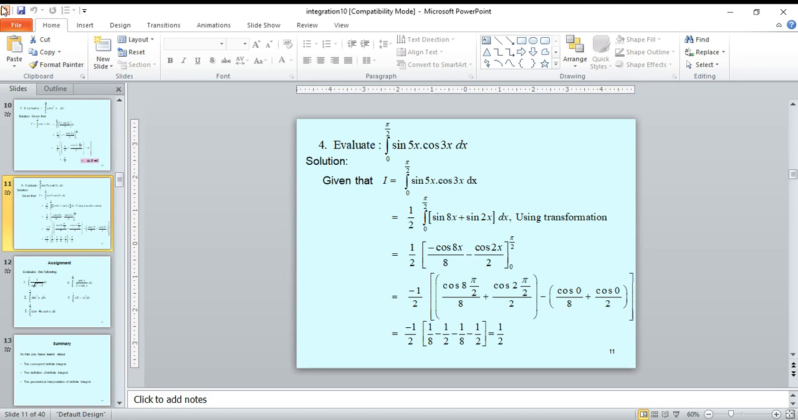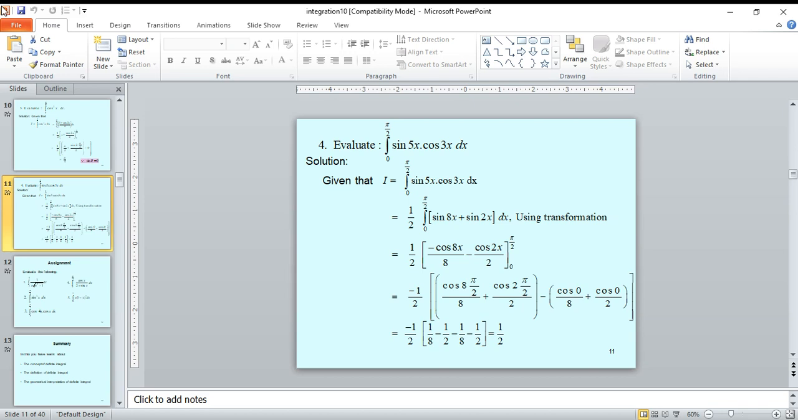So 1 by 2 as is 1 by 2. Sin x integration is minus cos x. So sin 8x integration is minus cos 8x by 8, and sin 2x integration is minus cos 2x by 2, interval 0 to pi by 2. Take out the minus outside, minus 1 by 2 into,